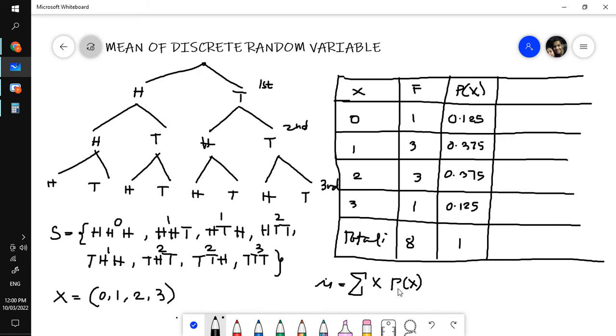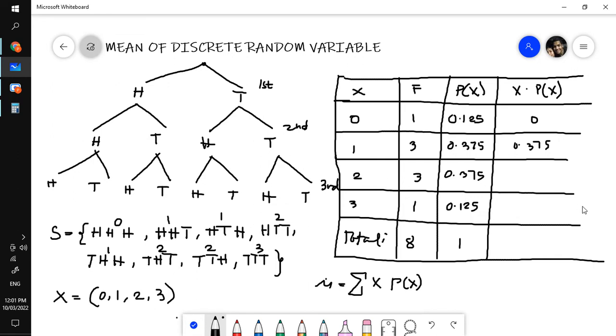X here denotes the values of our random variable, and p of x denotes the corresponding probabilities. So let's write down here x times p of x. Now, the values in the first column will be multiplied by the values in the third column. So we have 0 times 0.125, that's 0. 1 times 0.375, that's